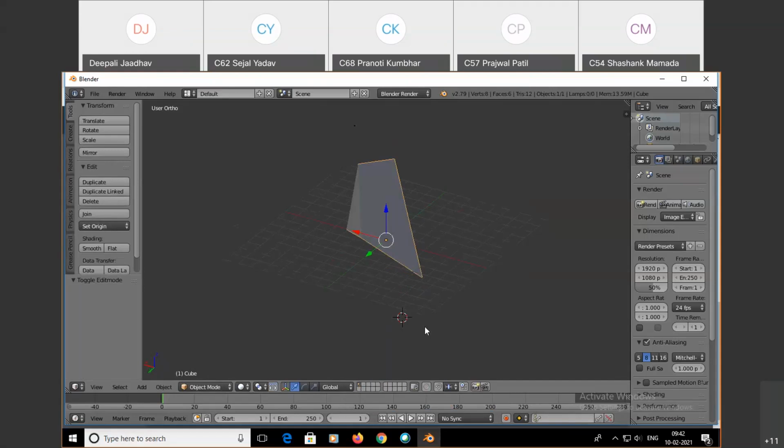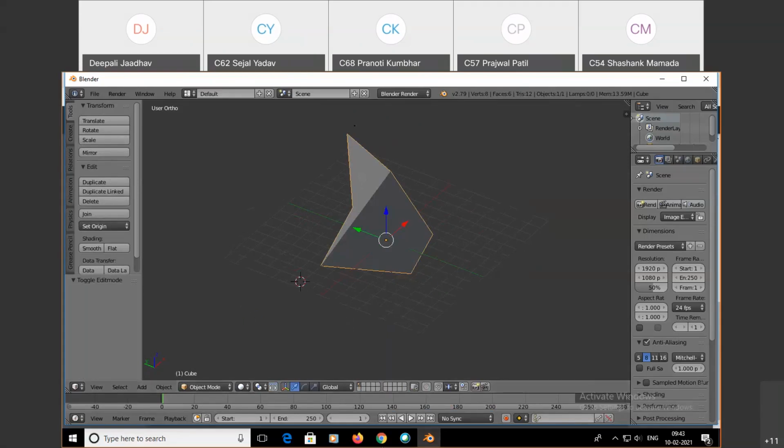Once you complete, change from edit mode to object mode. Many times what happens, you selected that vertex and try to use another, so it may change your shape. So first change to object mode and then select, or decide what you next want to do with the object.